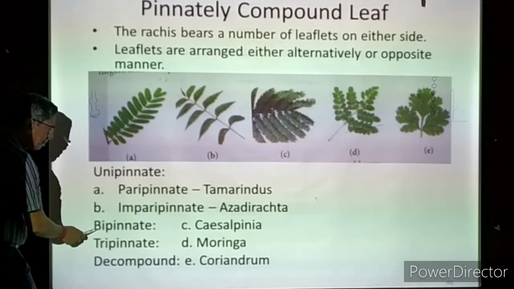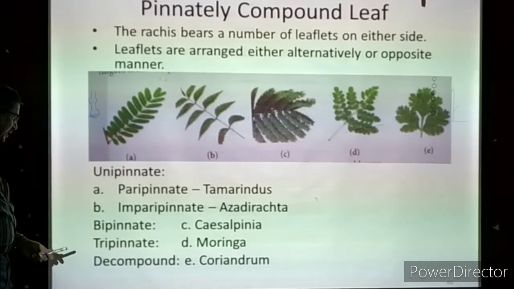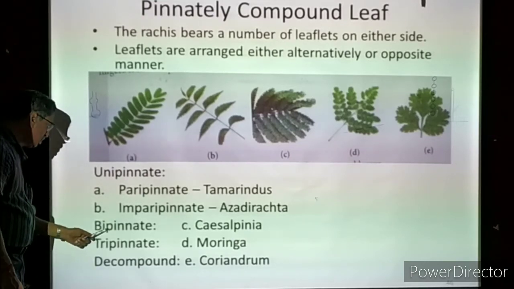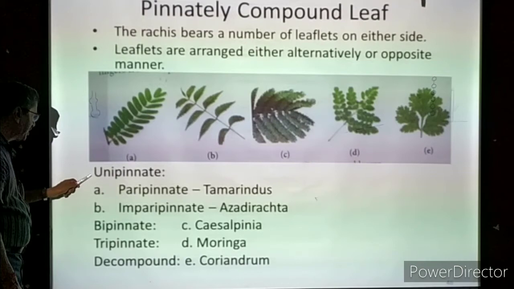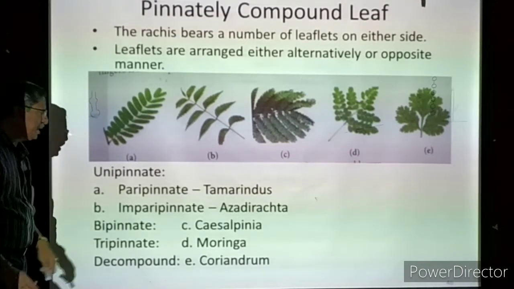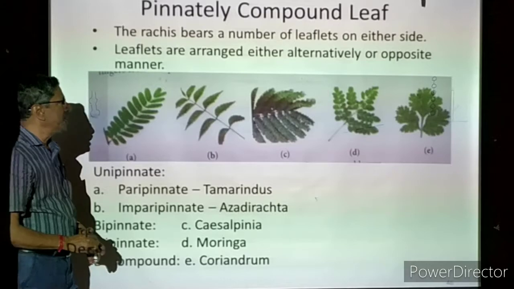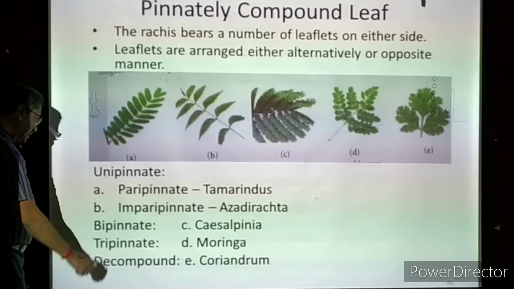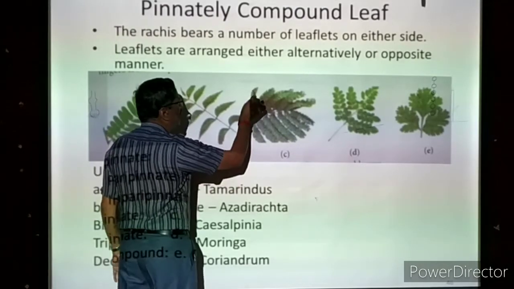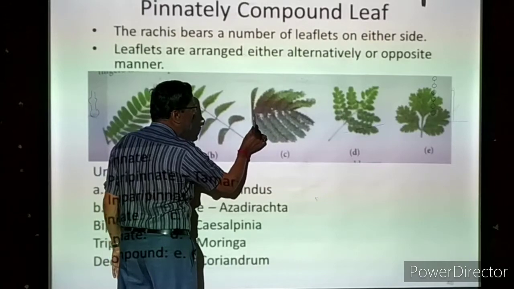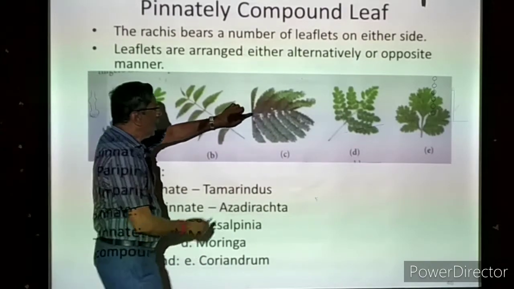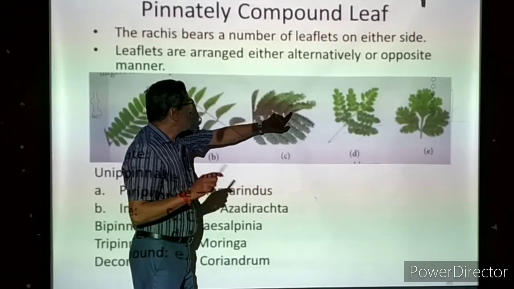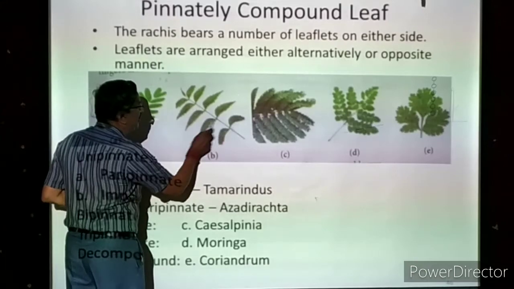The next one is bipinnately compound leaf. What is the meaning of bipinnately compound leaf? Actually, unipinnate is over, and now we are coming to bipinnate. In the name itself, we can understand what bipinnate is. For example, this is the main stem. I am taking this diagram C. This is the main stem. Here one very short stalk will be present, that is the petiole. After the petiole, there is one main rachis.